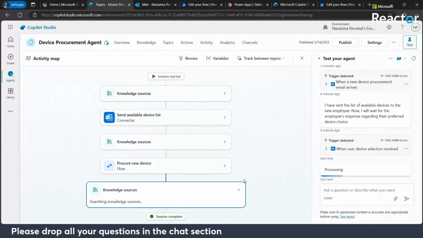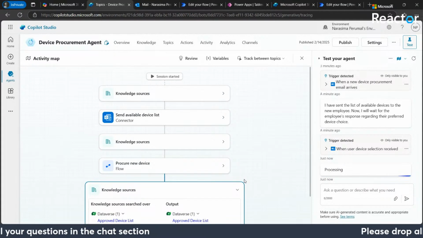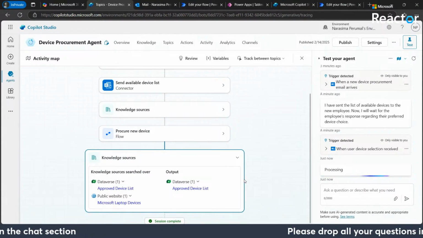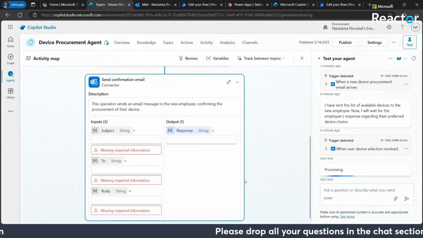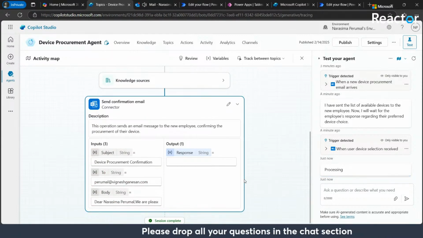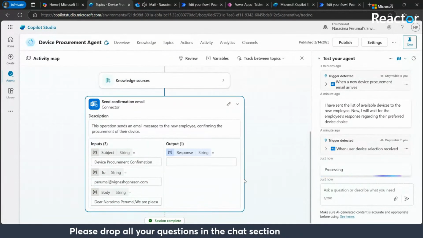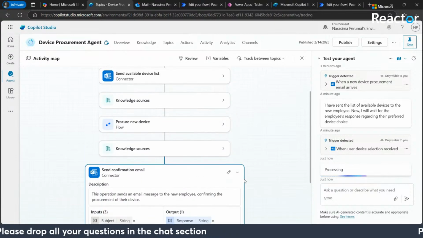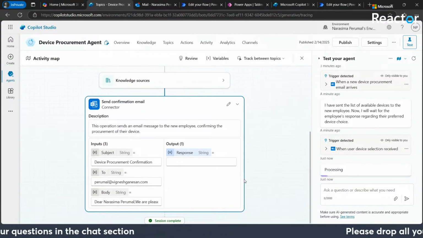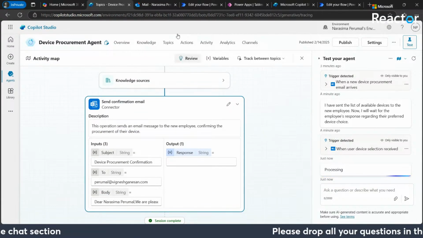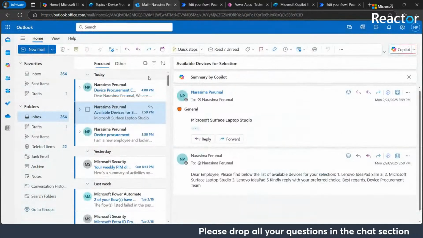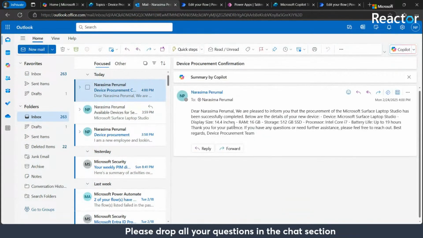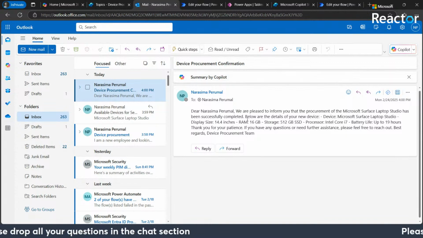Procure new device, where it will update the tables with the user preference and everything. And then it will send the confirmation email to the user. Procurement has been completed. And in case there is a low inventory, it will send the low inventory volume also. So now the end user has received the device procurement confirmation,